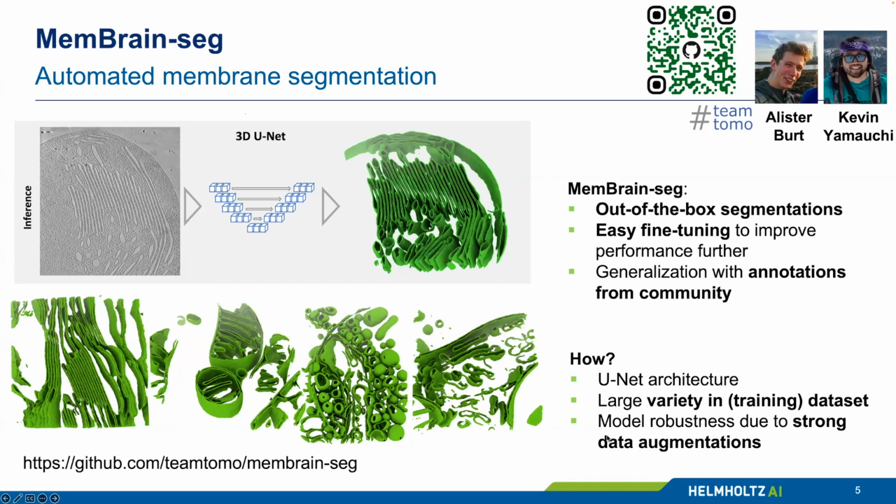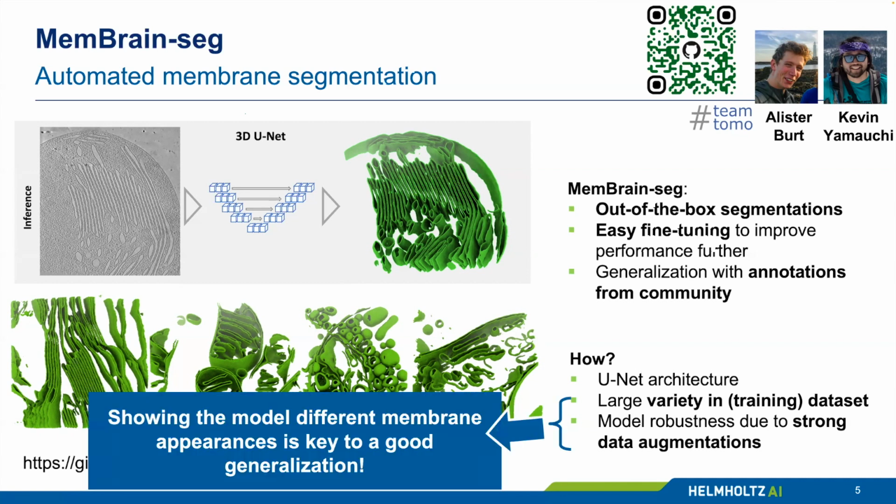And with that, it's important to have a large variety in our training data set to really show the model, okay, this is how a membrane can look, but also this is how it can look, and show that also in different tomography setups, so the model sees as many possible membrane appearances as possible. And at the same time, we also try to artificially increase this variability in the training data set by some data augmentation. So we just altered the images and tried to generate some new looking membranes with that. And these are not the fanciest design choices, I think, but I think they are the most important design choices why our model performs so well.